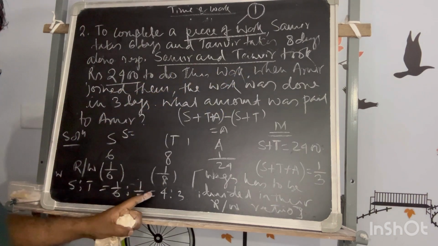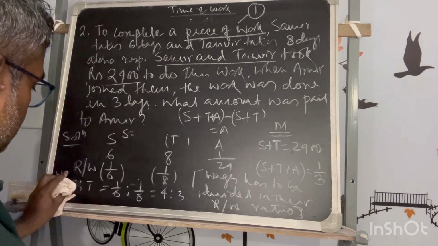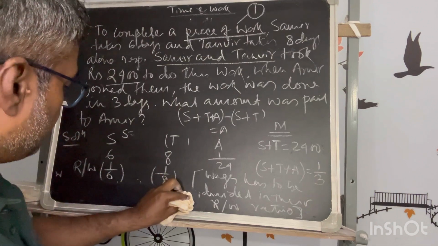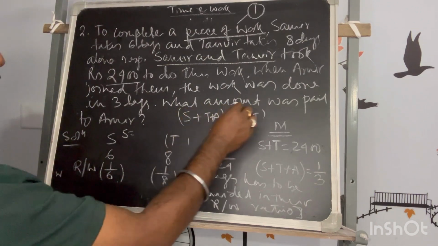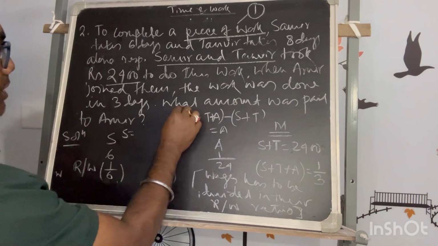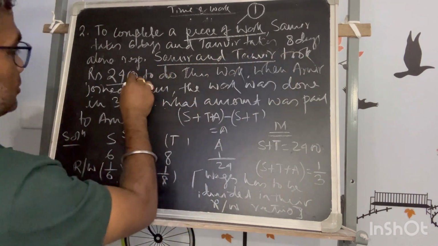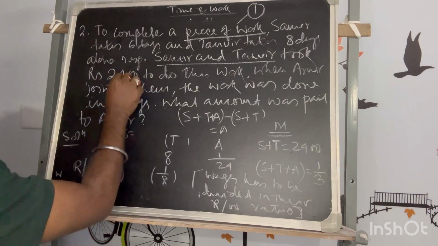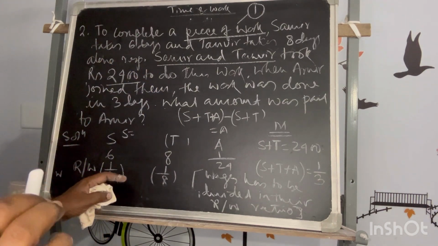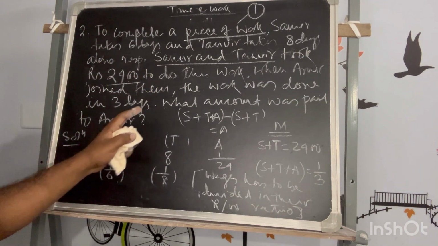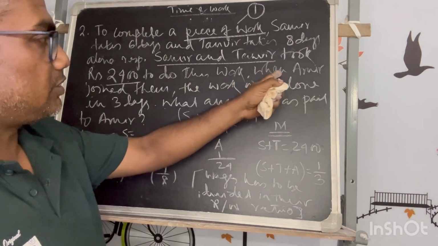Okay, fine. So there is no need of doing this, because ultimately when Amir joined, they are asking how much amount. The amount paid when Samir and Tanvir have done the job is 2400. Now look at this part. When the work is completed by all three together,